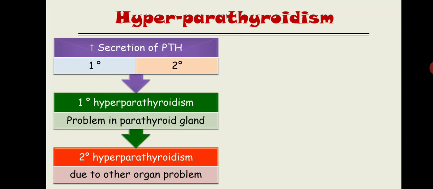The main cause of primary hyperparathyroidism is the solitary adenoma, a simple single small benign tumor of the parathyroid gland. The second cause is MEN syndrome. MEN stands for multiple endocrine neoplasia, and this syndrome is basically of two types, 1 and 2. You are going to learn MEN syndrome in very much detail in medicine and pathology. Right now just remember the causes of primary hyperparathyroidism. Next one is the